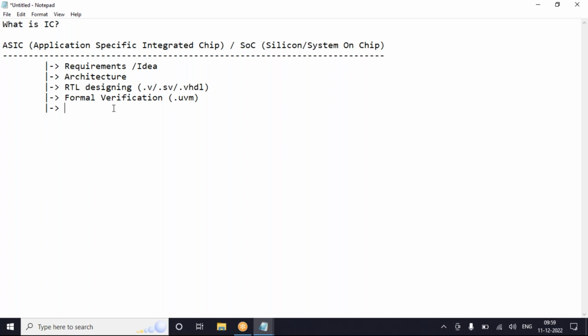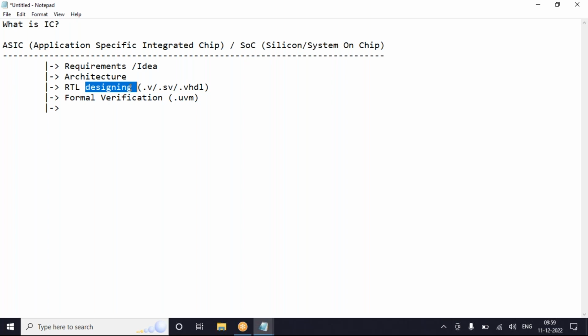There might be a separate team to develop the SDC, or it may be integrated with different teams. So RTL designing people might also create these timing constraints, SDC.